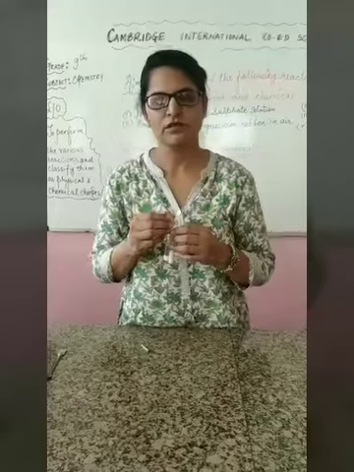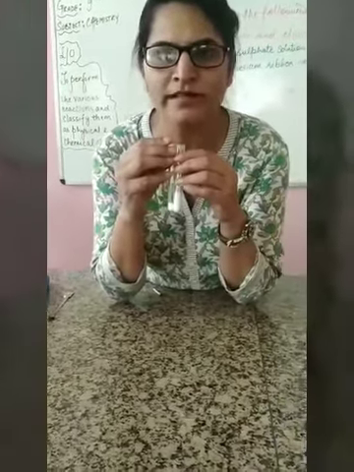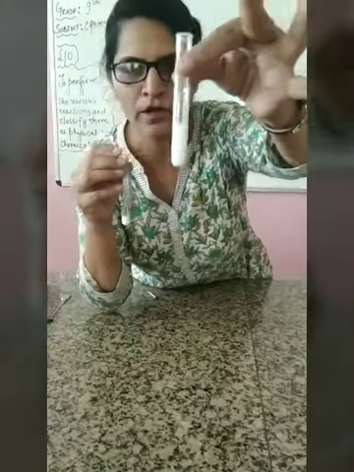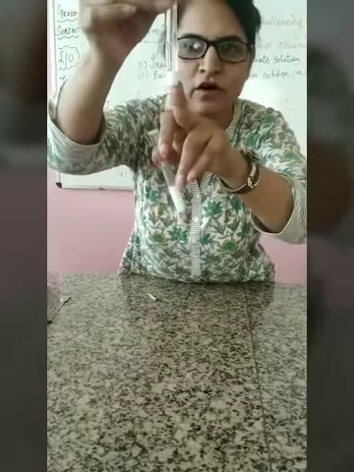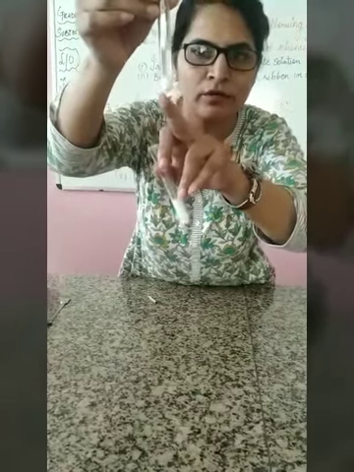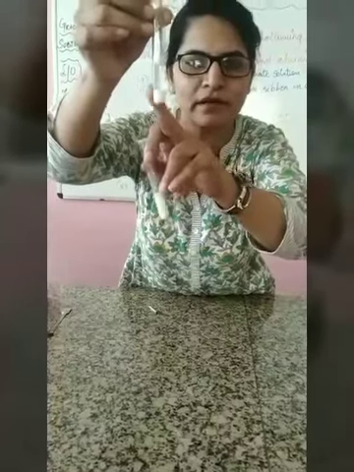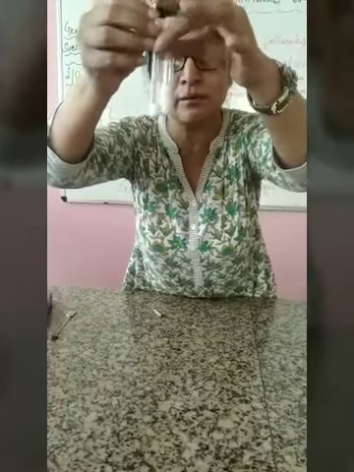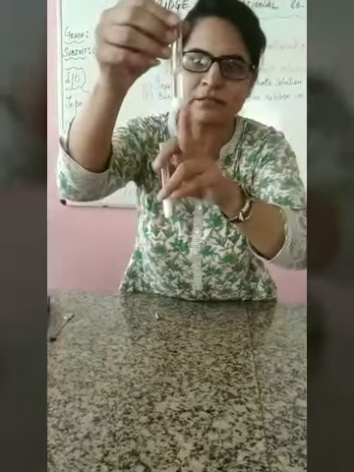So dear students, as I already showed you the experiment of the reaction of barium chloride solution with sodium sulfate solution, after mixing, the white precipitates are formed, and after some time, because I have to show the correct observation, these precipitates of barium sulfate settle at the bottom because they are a solid mass. Then we can do decantation and separate the barium sulfate crystals. So this is the double displacement reaction, also known as the precipitation reaction, because precipitates are formed and settle at the bottom.